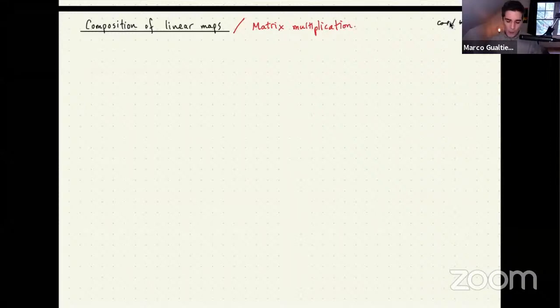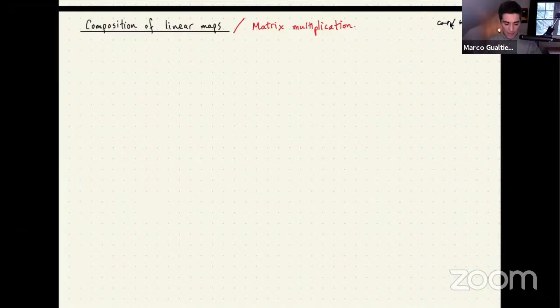So matrix multiplication is probably the most important operation that you learn in linear algebra. It's fundamental for many types of computations all over math and physics, but it really comes from this idea of linear maps. So just let me remind you that